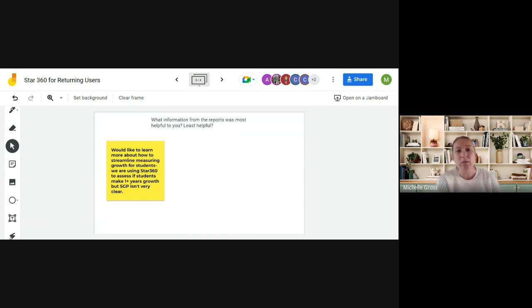But the biggest thing with SGP is they have to have tested, I believe, the whole year, three different testing windows for you to get that SGP to be created. So if your school is just starting to use this year, SGP may not be helpful to you until next year. So that's something you can look into, but there are sessions we can dive deeper into that as well if that's something you are interested in.